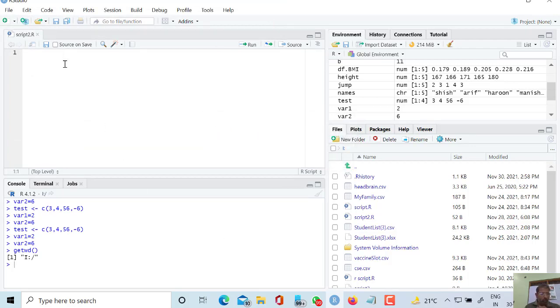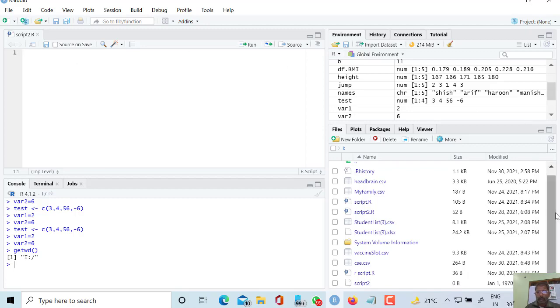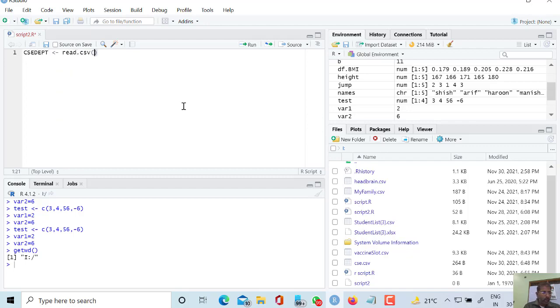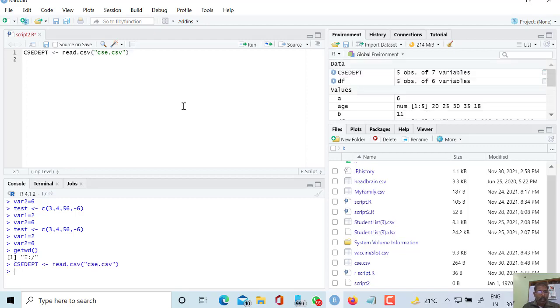Okay, so first of all, I want to read my file csc.csv. So csc department, I am writing read.csv and the name of the file. The name of the file is csc.csv. In this way I can write the command, and let us check it.